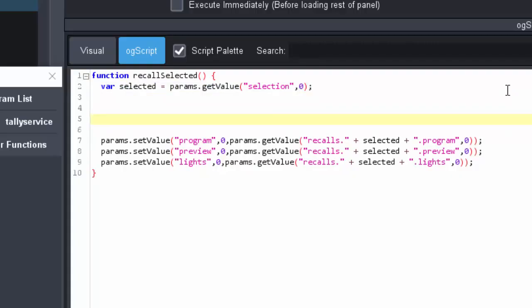In this case, we want to set the program, the preview, and the lights. And we want to set them to the values that are in the table. Now, in order to get a value back from a structured param, we can use params.getValue, the name of the structured parameter,